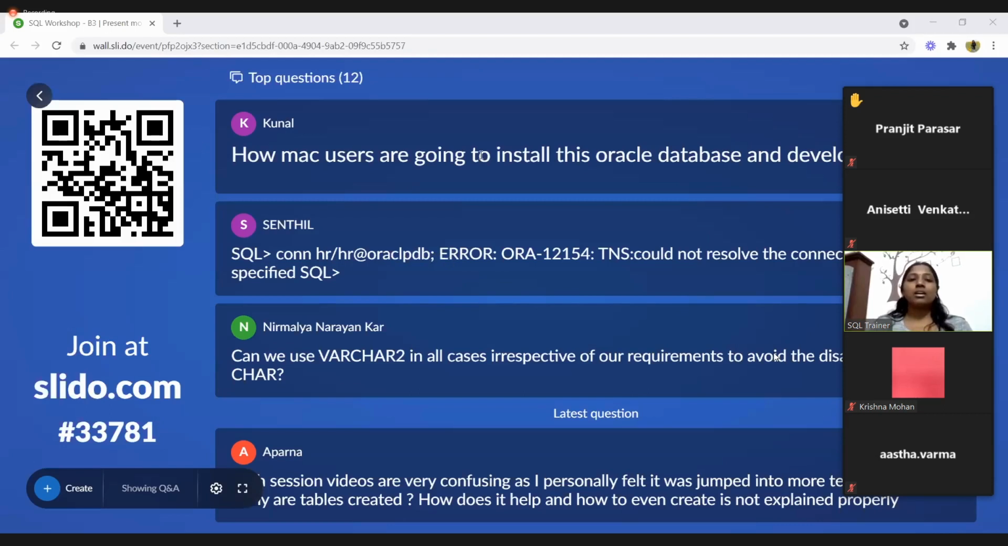Sendil, you can reply on that once I open the chat. But I'm not sure whether this is a spelling or typo error, or your PDB database name itself is ORACLPDB. If the statement is right and your connection is not established even after unlocking the HR, then we have to check the tnsnames.ora file. So I'll take it up once I open the chat again. Okay, the next one is